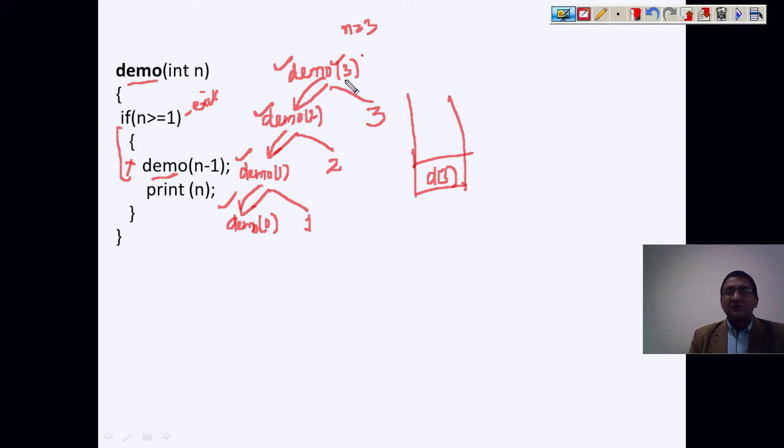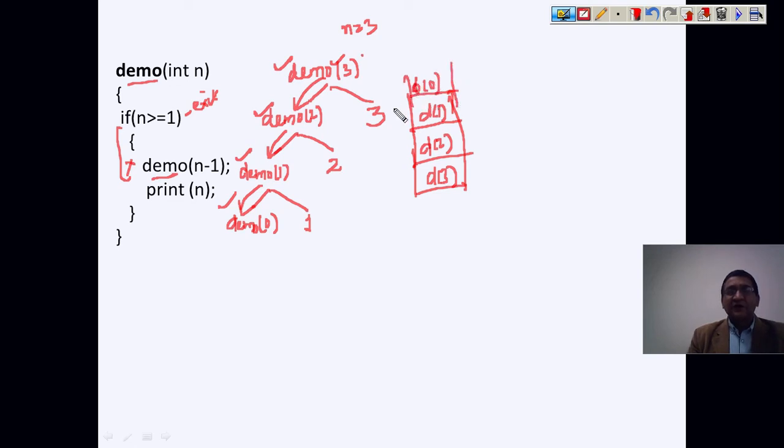So when you call demo 3, demo 3 is going to be pushed here, and because it is going to make a call to demo 2, you are going to write here demo 2. Then demo 2 is going to call demo 1, so demo 1 is being called here, and then demo 1 is calling demo 0.